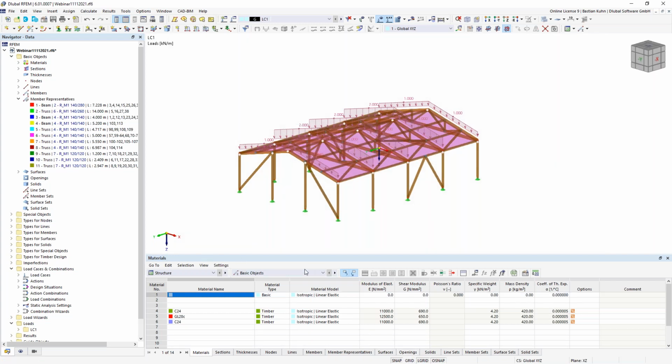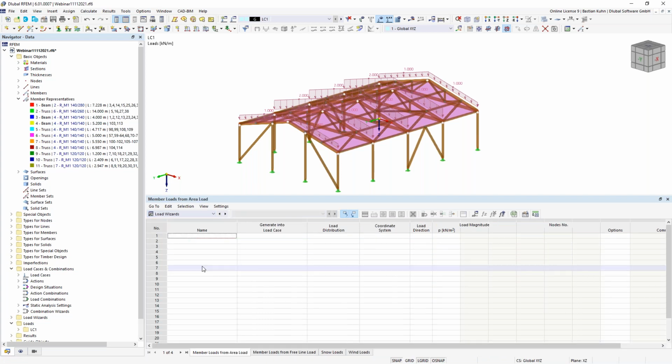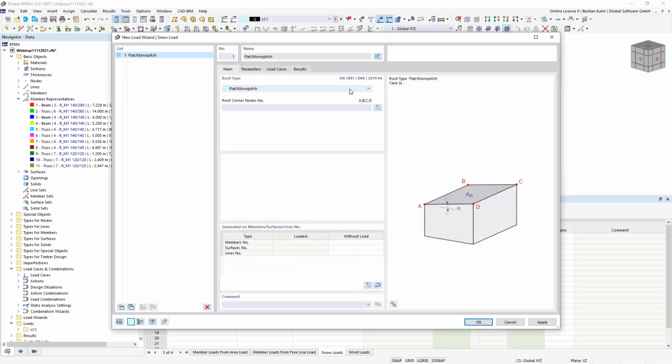I already said that if you know RFEM 5, the work is quite similar in RFEM 6, but one thing that has been increased by its options enormously is the columns here on the bottom. That's what I want to show you here. The load wizard is now also integrated into the column. And if I go to snow load in here and double click there, I can choose the dual pitch roof,